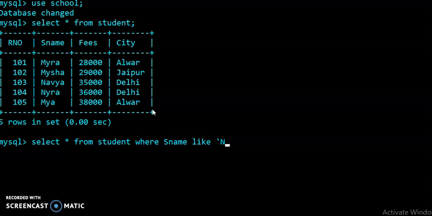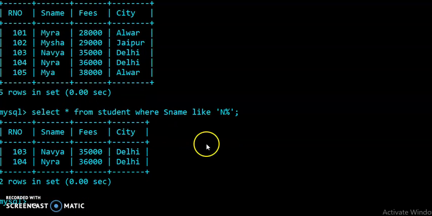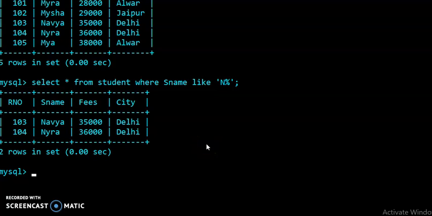So I have to apply the percentage symbol after the character, and now you can see that it shows the result of those students whose name starts with n.